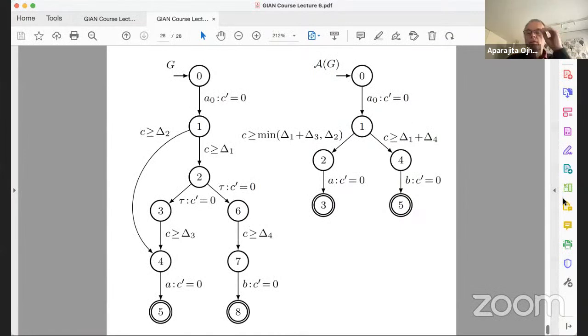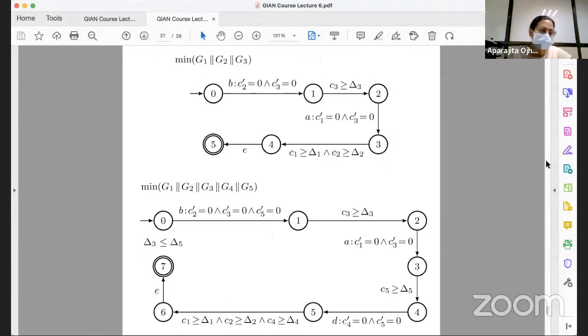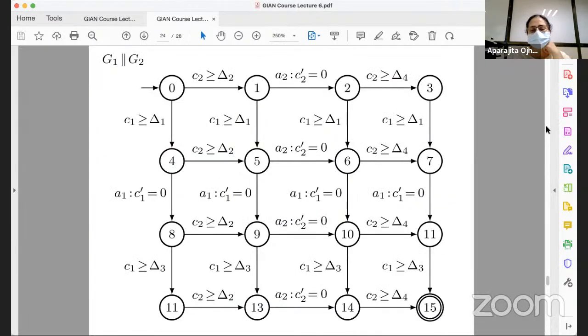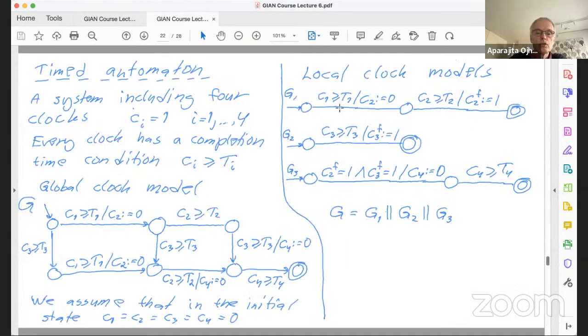Aha. Oh, yeah. Okay, so the idea is rather the opposite. So let me show you the slides again, and we can discuss around that. So I share my screen again. The idea is that we never should construct the global model, because we normally could start with local clock models. So if you have this